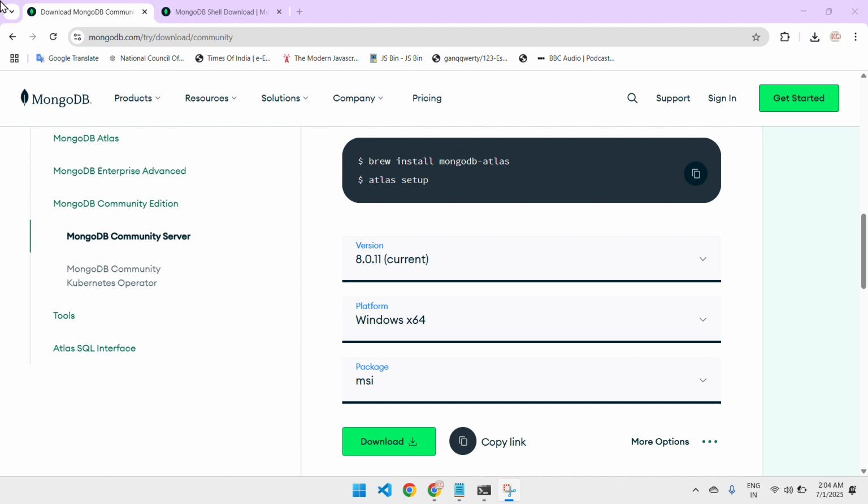So you can just visit mongodb.com, try download community website. Just select Windows 64 and the current version is already selected, and the MSI package, that is the exe one. Just click on download, it will be downloaded, and install it on your system. Once it is installed,